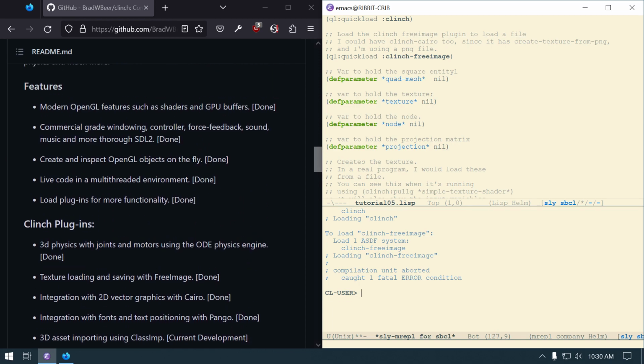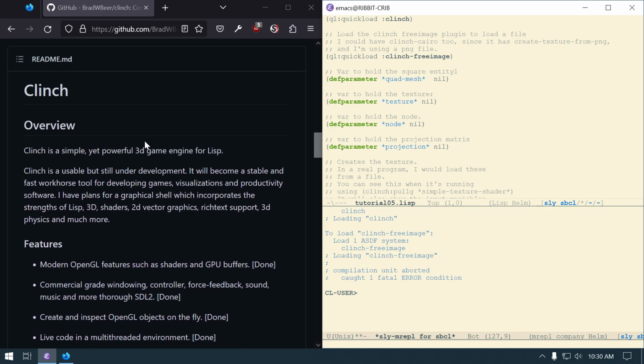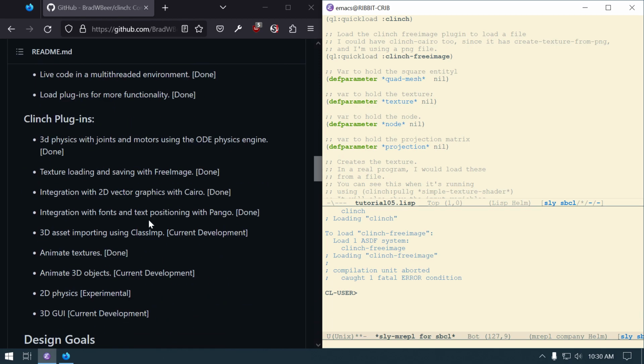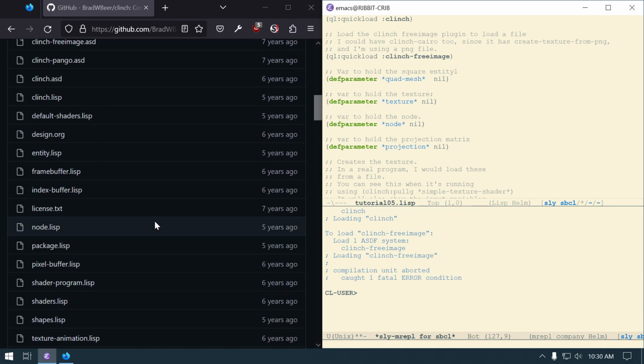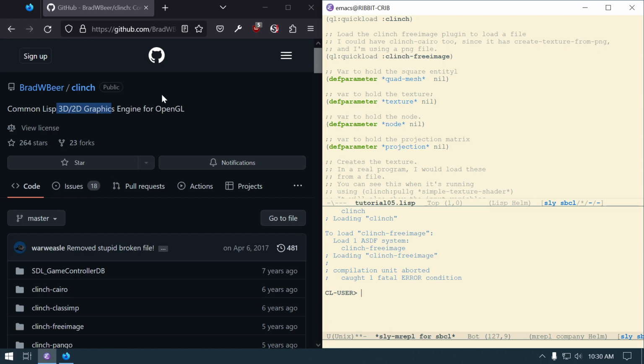But you do have to have SDL2 and some other stuff already able to run, or else you're going to get errors for that too. But the one I'm getting now is on the 5th tutorial. I might have already done all this, but